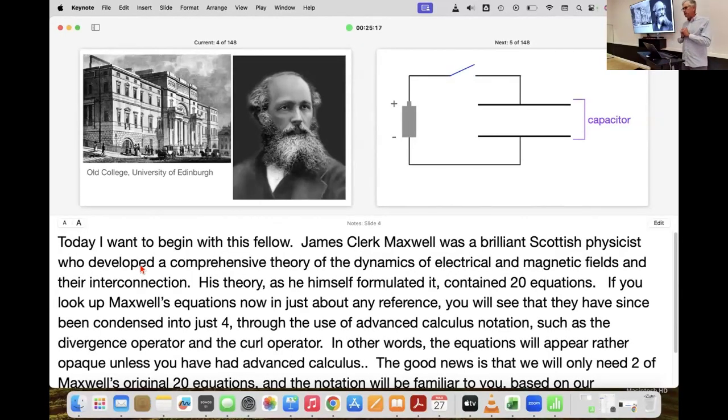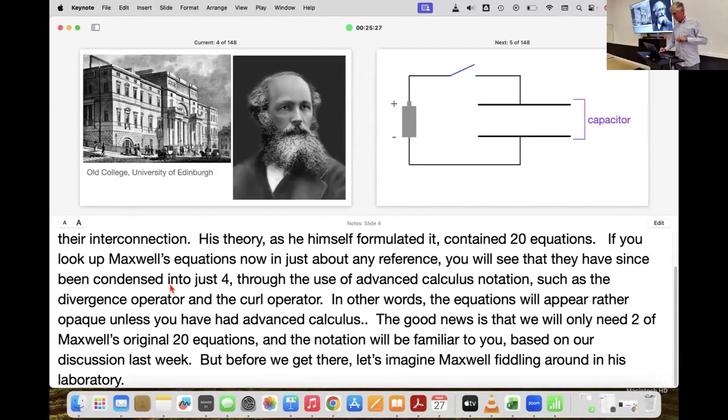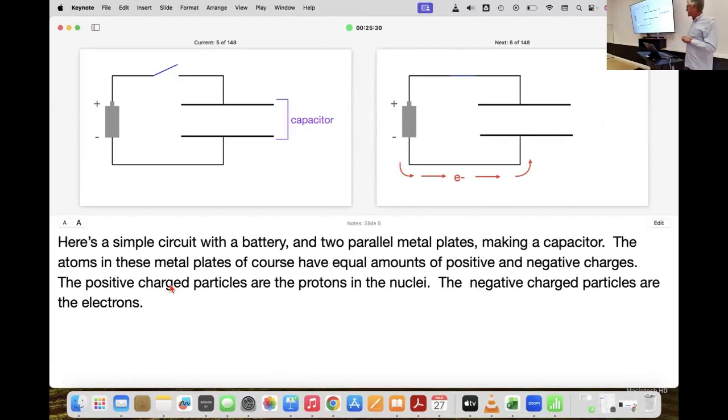Okay, so before we get to his equations, let's imagine Maxwell tinkering around in his laboratory. So here's a simple circuit with a battery. And what we have here are 2 metal plates. And when you put them relatively close to each other, they make a capacitor. I'm going to show you what that means. That means if Maxwell closes the switch up here to complete the circuit,